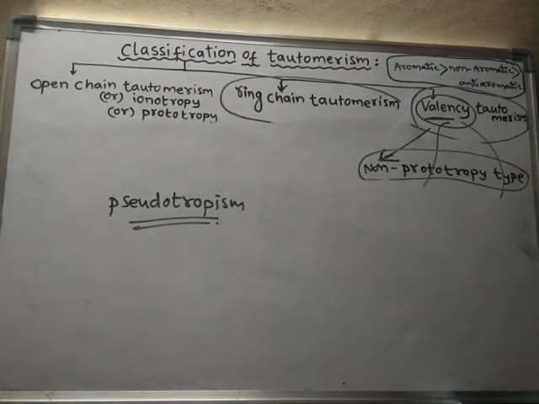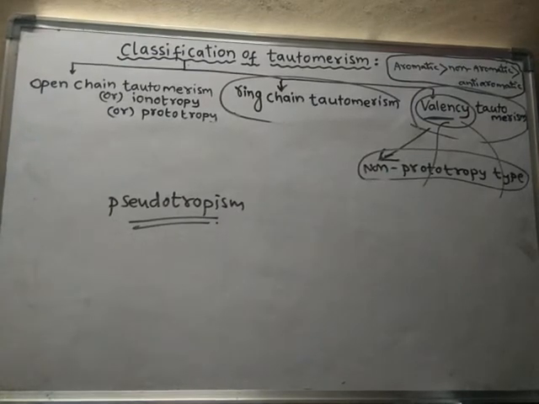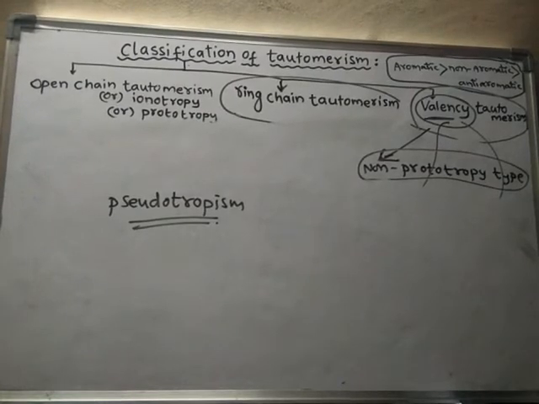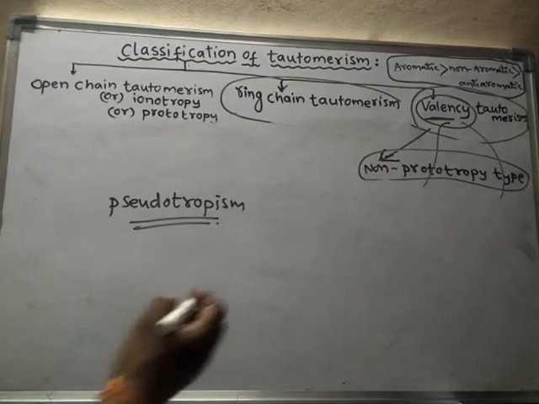What is pseudotropism? See, this is a phenomenon in those cases where there is possibility of 2 or more tautomeric forms, but actually only one form exists. For example,